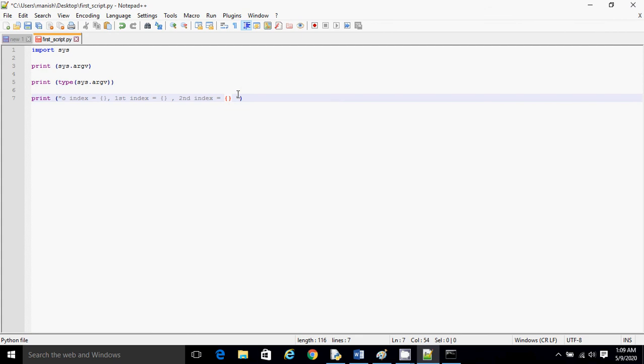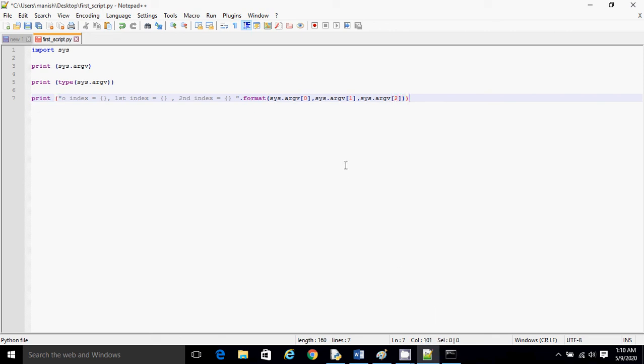And as I said earlier also, this is a string and we can apply the format method on the string. So format, and then I can give all the variables I want to display. As it's a list, I will print the 0th index element, then the first position index, and then the second position index.